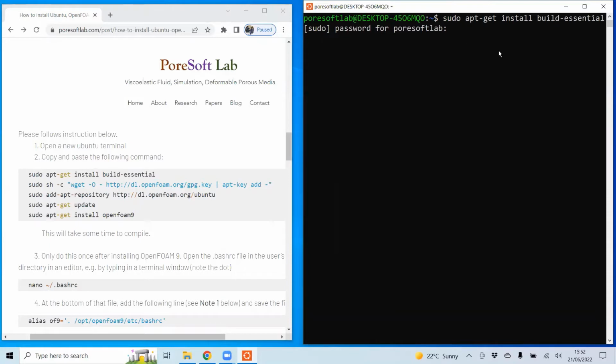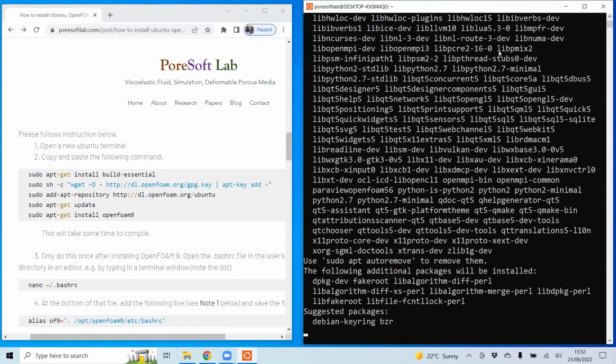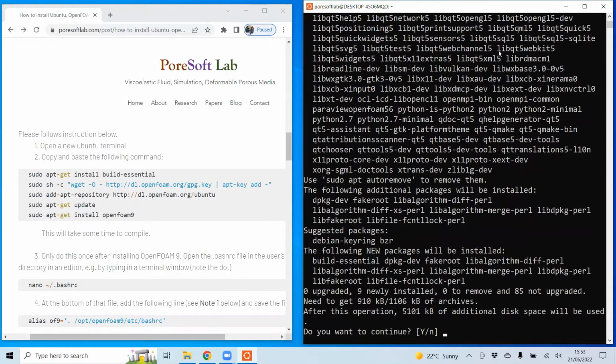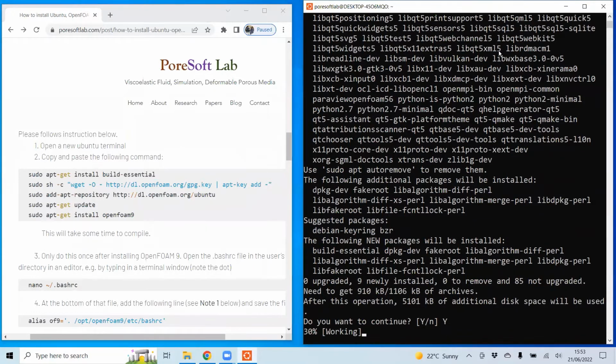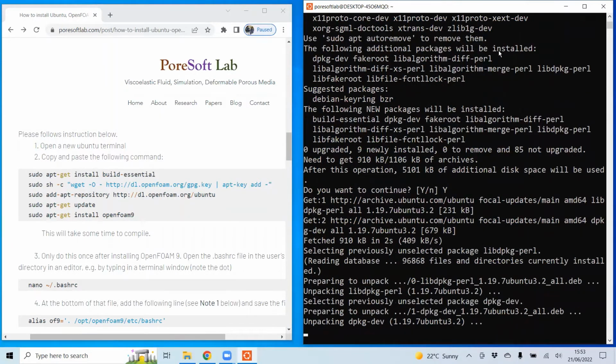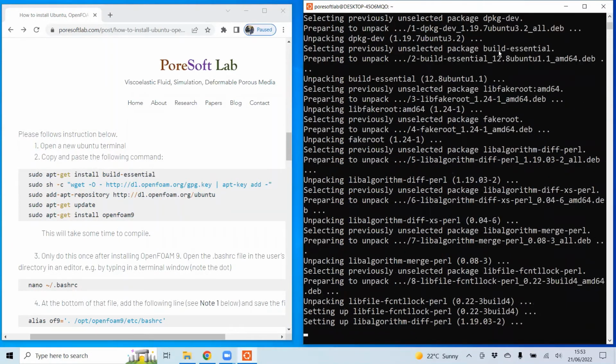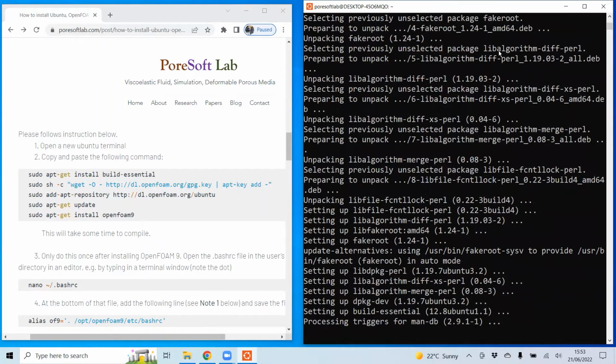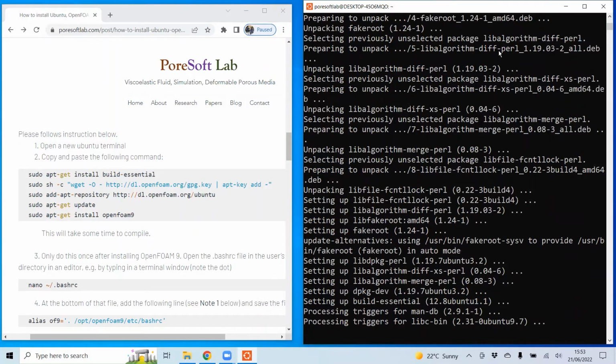It will ask for a password, enter it, and then it asks, do you want to continue? Yes. This command essentially installs some of the important packages which are required to run any software in Ubuntu. So it installs essential packages. It will take some time. I will stop for some time, and then I will come back once this installation is done.